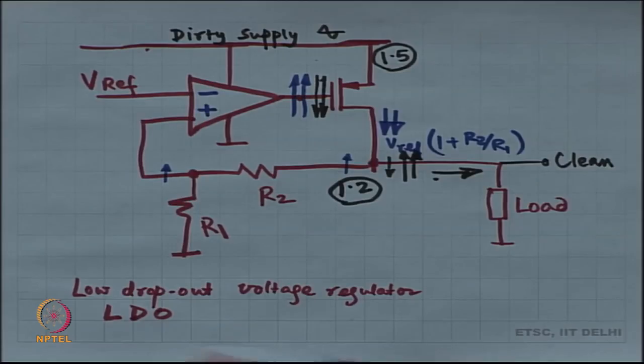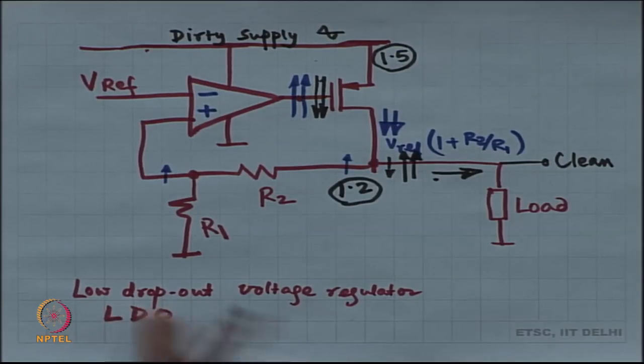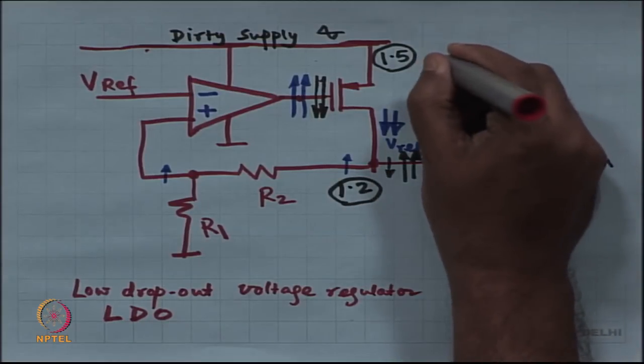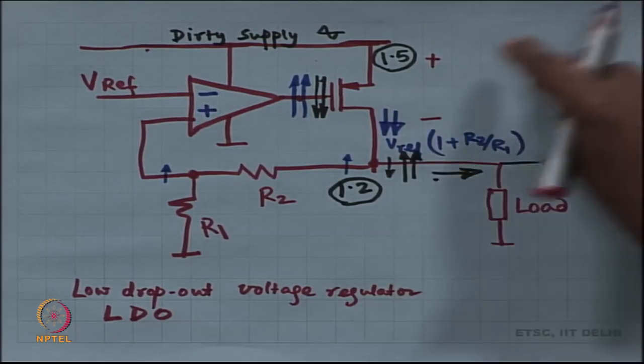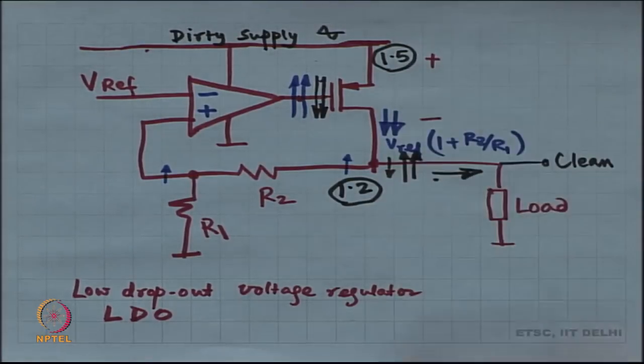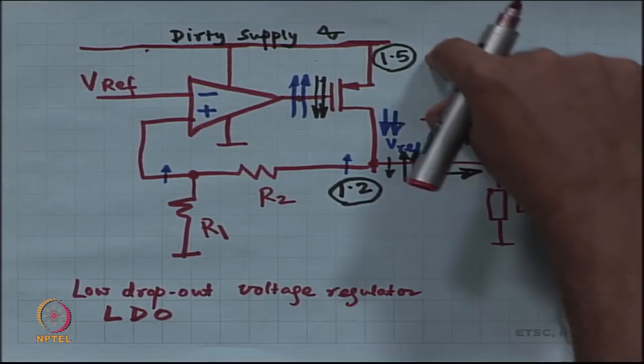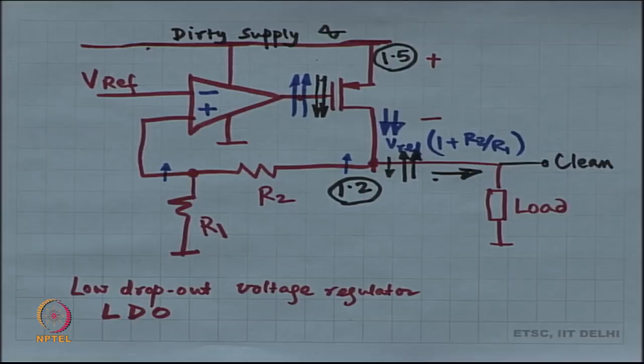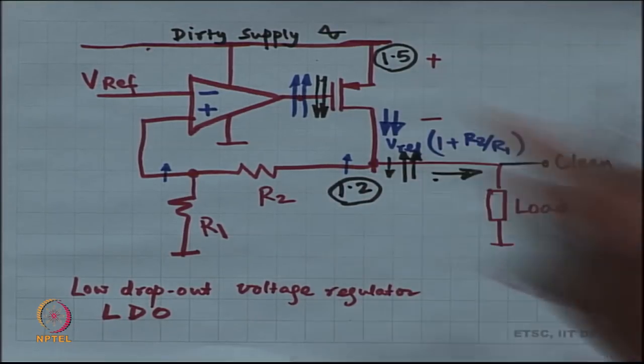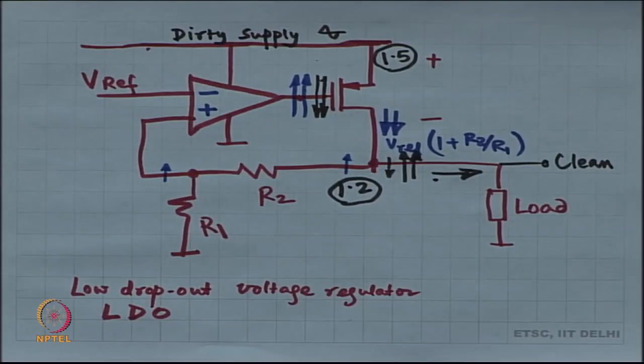Okay. LDO stands for low dropout. Low dropout, this voltage is the dropout. So, this headroom that you require, this is the dropout voltage. So, in this case the dropout is low. So, this is called a low dropout voltage regulator,